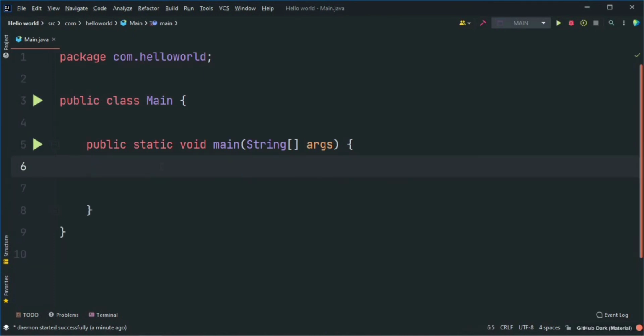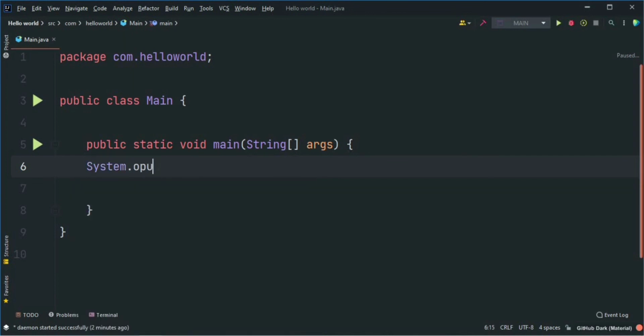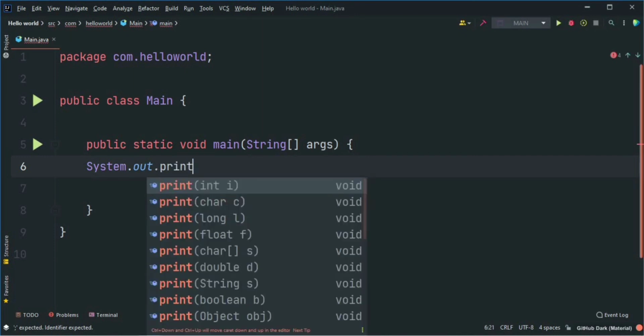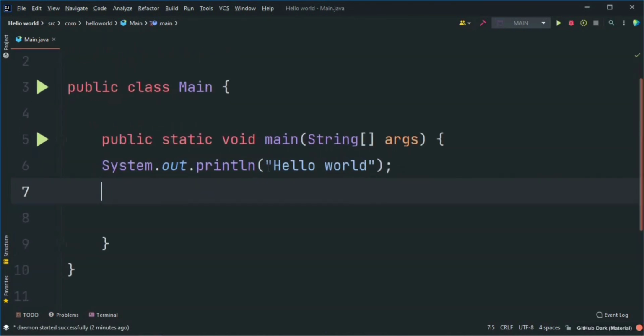If we want to display hello world on the screen, I will write system.out.println hello world.